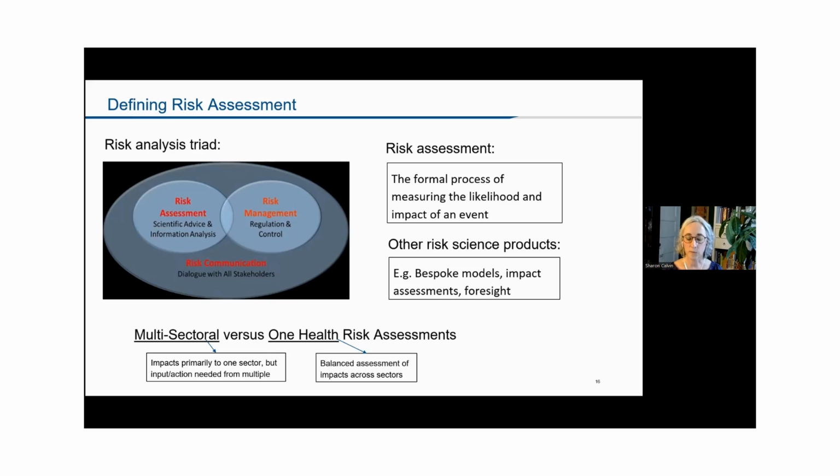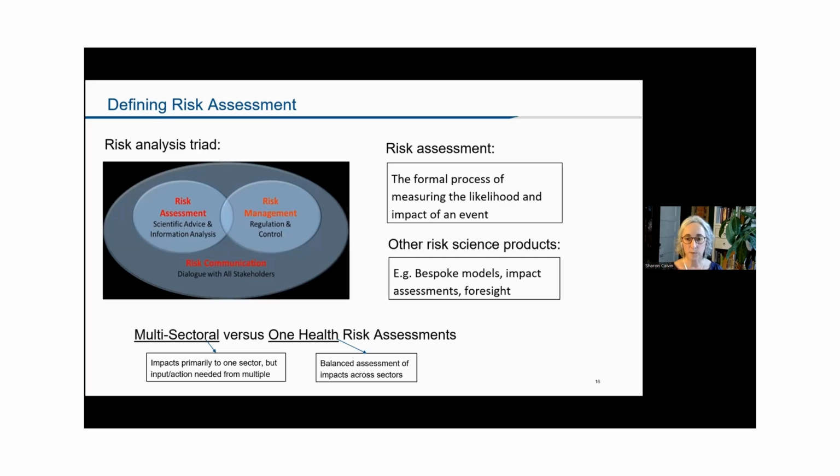And so for risk assessment, a basic cross-cutting principle seems to be that it's a formal process of measuring the likelihood and impact of an event. And so there's that more formal definition. And then, as I mentioned, there's the other risk science products that can also be useful. And then one thing that we've